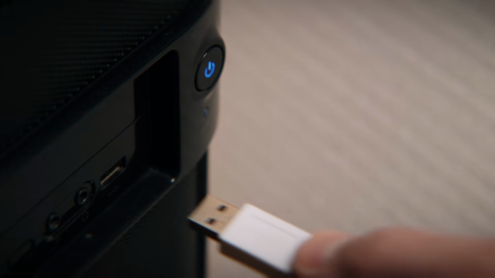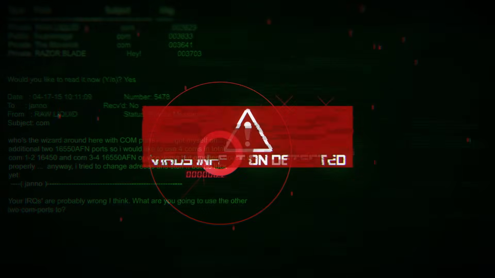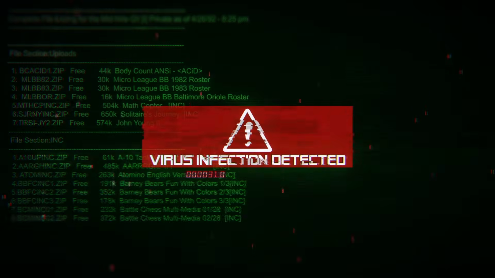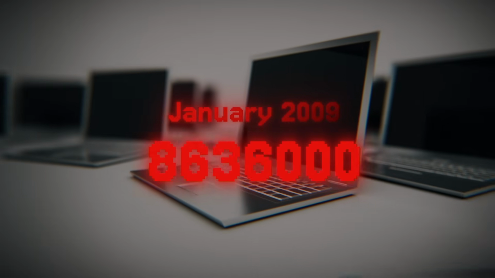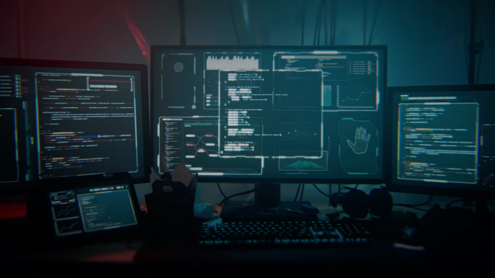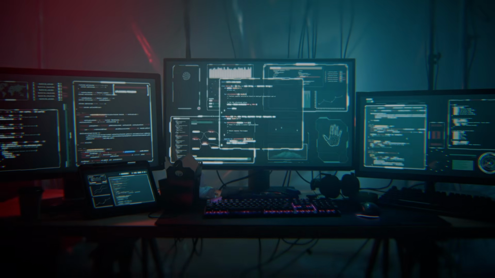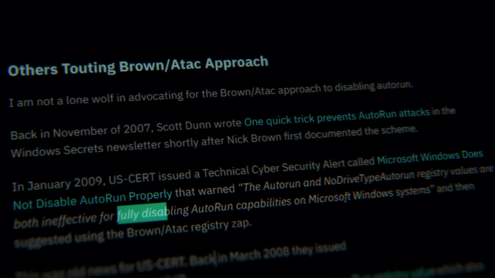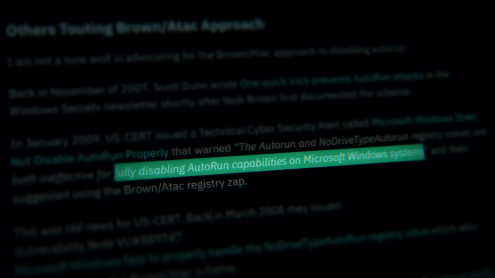Plug that drive into another machine with autorun enabled, and the worm executed automatically. No user interaction required. By January 2009, estimates of infected machines ran between 9 and 15 million. Security organizations around the world coordinated to track command and control infrastructure. The US CERT explicitly told users that disabling autorun was one of the direct ways to cut Conficker's USB propagation